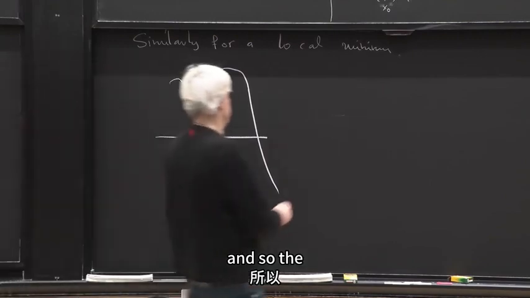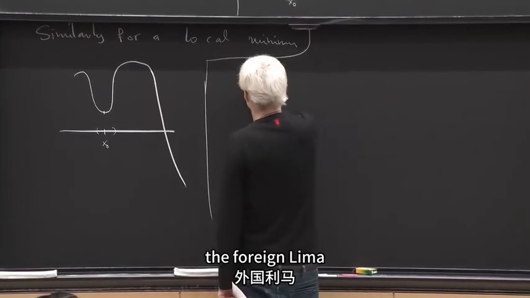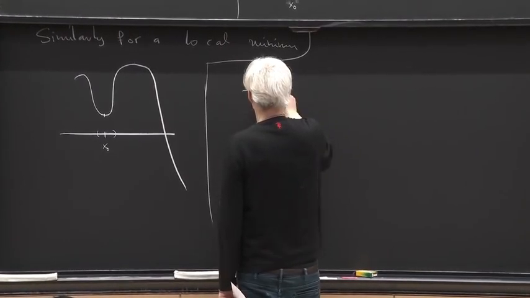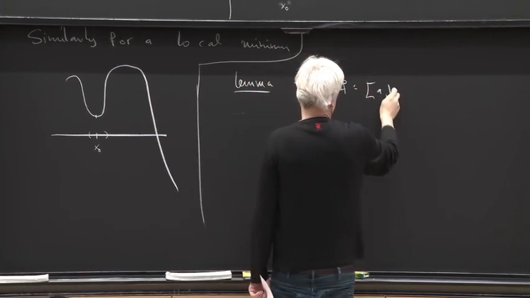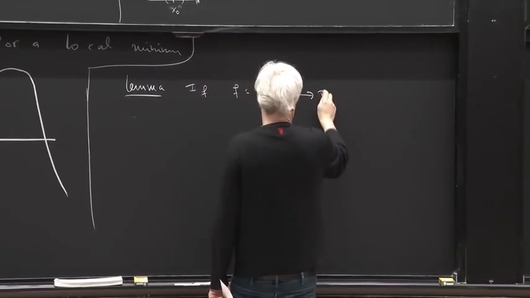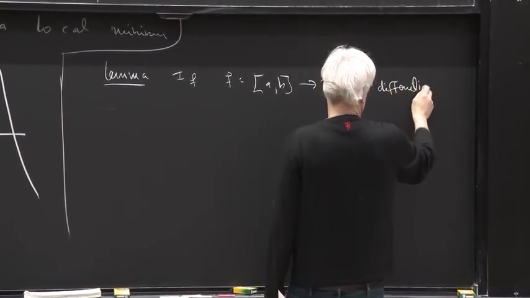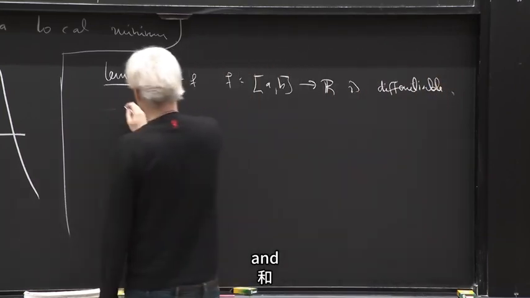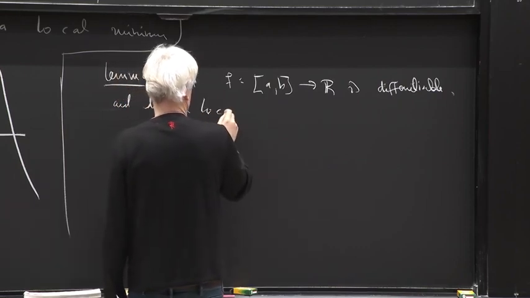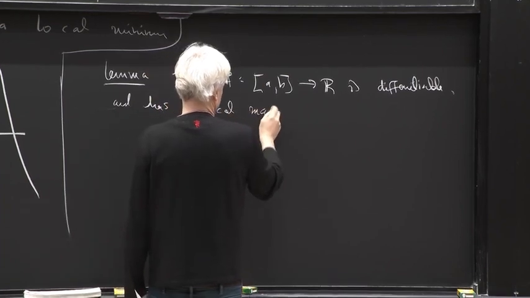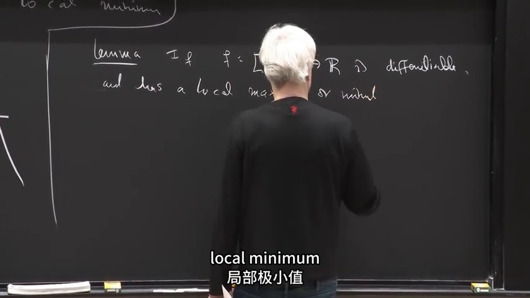And so the first observation you have about this is the following lemma. If f here is a function, say on an interval like this, is differentiable, and has a local maximum or local minimum